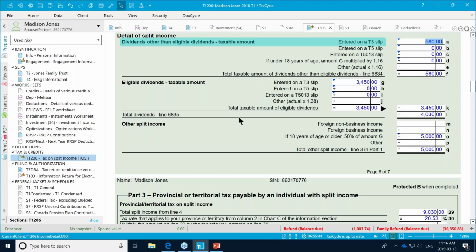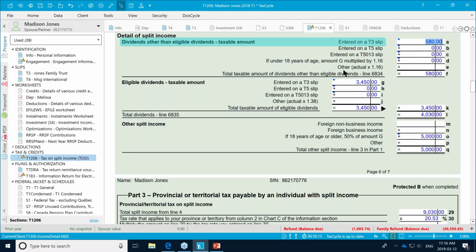And you can see also, because my spouse is over the age of 18, it's claiming the taxable portion of the capital gain here, which will be subject to split income. If this was somebody who was under the age of 18, that would become a deemed dividend, and it would calculate up here on line D. And that's where we would see that come in.